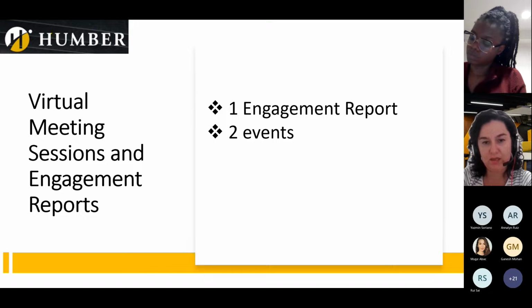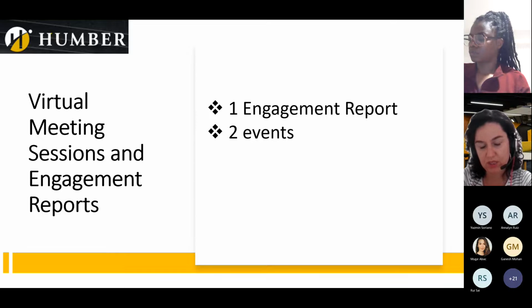The 2 events, so the one that we are currently running, the Mentees orientation event, but also the final event, which is going to be an in-person event. The date has not yet been established, but very soon we're going to post it in the portal under the workflow, and you'll be able to book into that event. And it's going to be a networking event where all mentees and mentors come together at IGS and reflect together on their experience with the program.